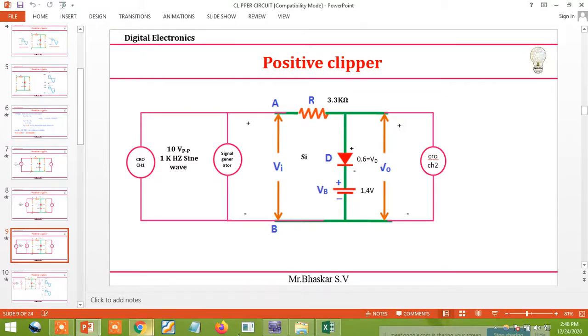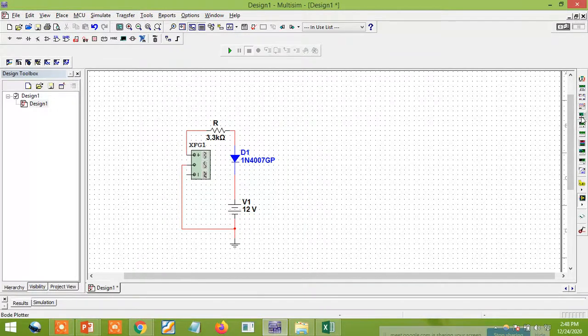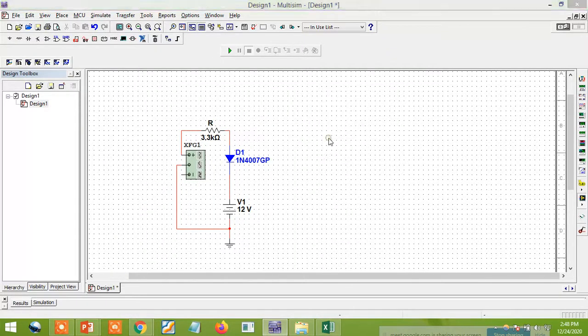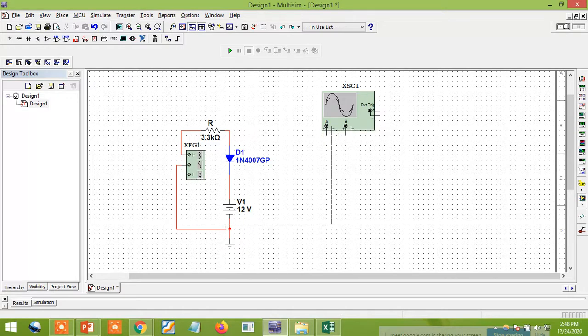So in order to get this, go to CRO, oscilloscope, select this. So the common ground point you connect first. This negative is connected to the common ground. You can connect.